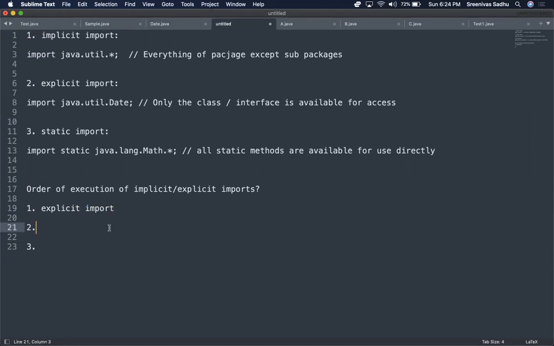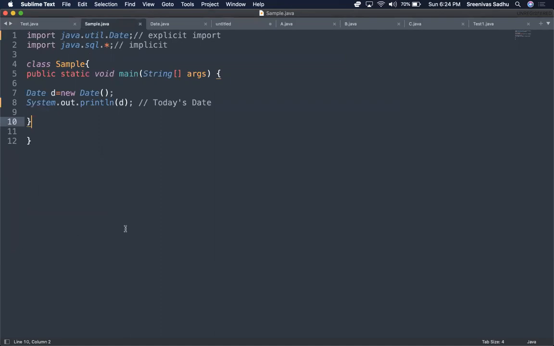Then comes implicit. I think you have understood explicit and implicit imports and the priority, and there is one more point that I will tell in another example.